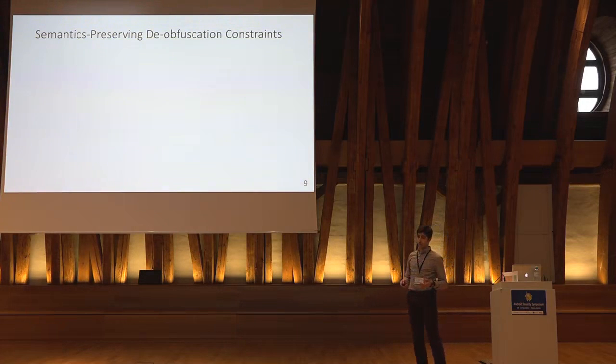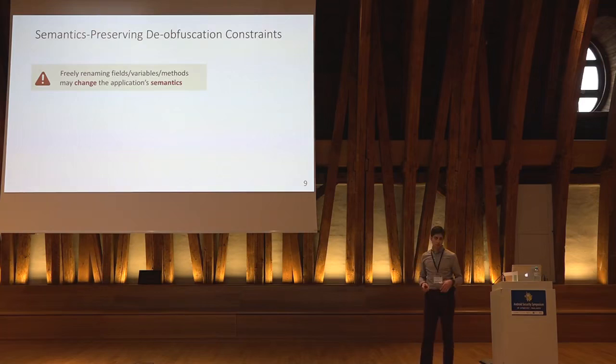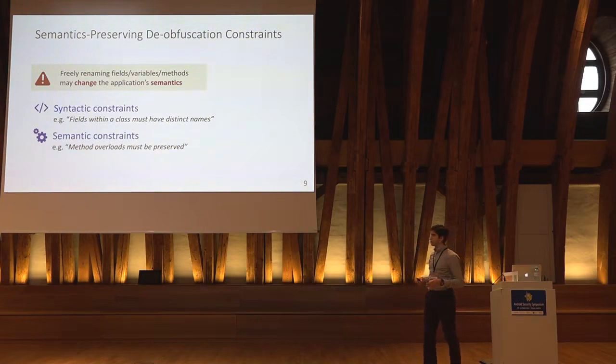semantic preserving deobfuscation constraints. And this is necessary because Android has rich structures, so it has method overloading, it has class hierarchy, so you cannot freely rename fields, methods, and so forth. So it is configured with different kinds of syntactic constraints and semantic constraints. Once the application is uploaded to the system, it would run some static analysis to derive those syntactic and semantic constraints that would ensure that the result is equivalent to the input, and then it would preserve those while the